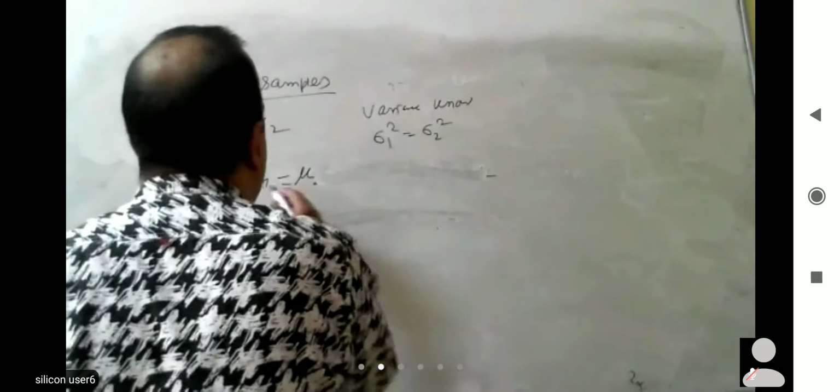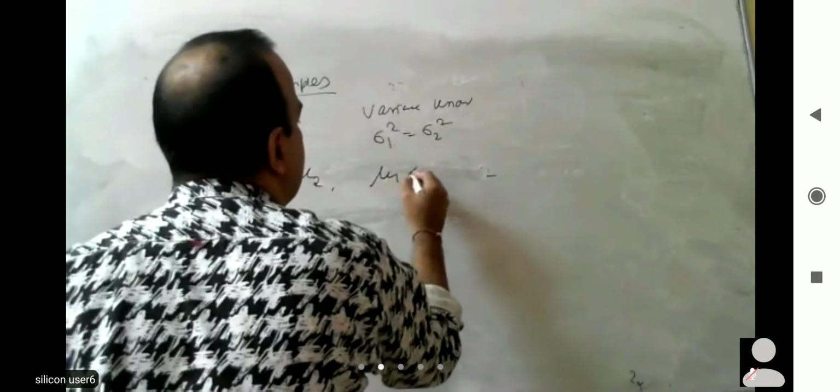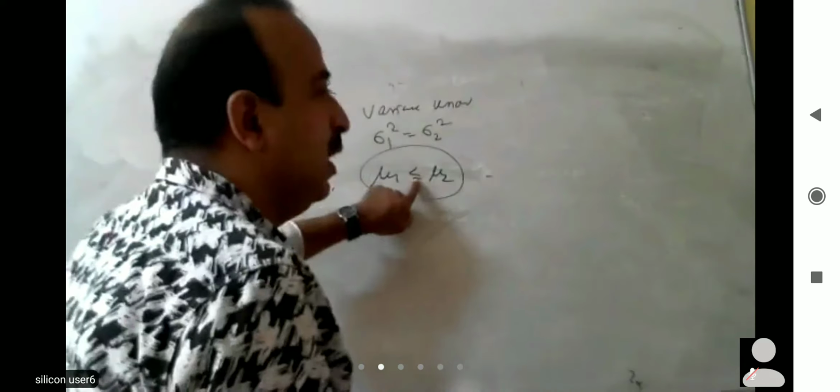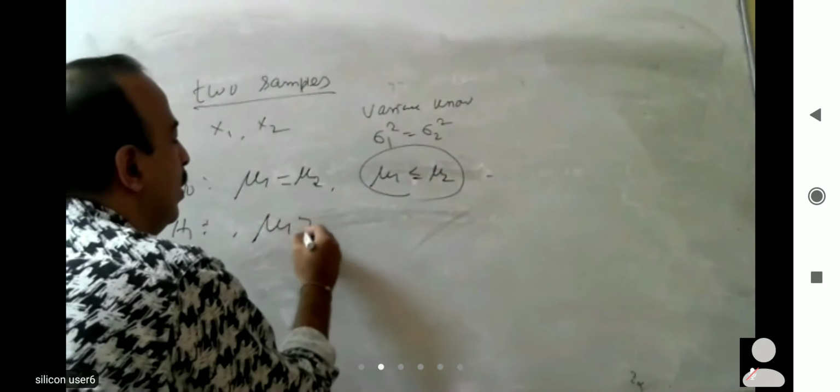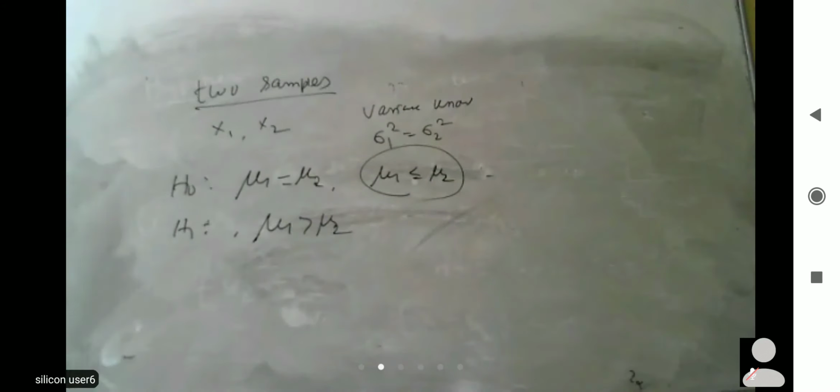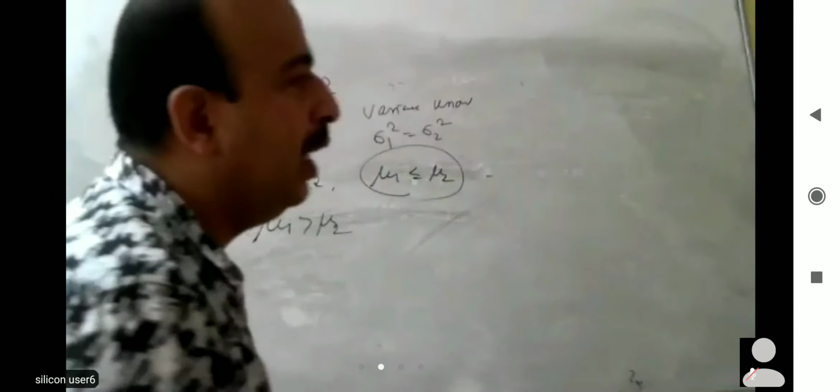One thing I have written here: either it will be like this or like this. So this should be your null hypothesis. If this is the null hypothesis, your alternate hypothesis should be the complement of this. So in the null hypothesis, remember, an equal sign must be there. It may be less than or equal to, greater than or equal to, or equal to. According to the null hypothesis, we choose the alternate hypothesis. Got it?